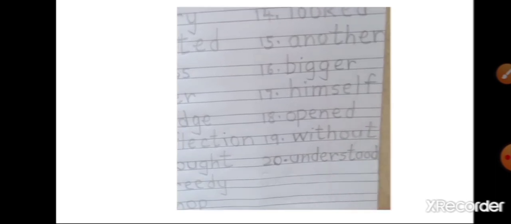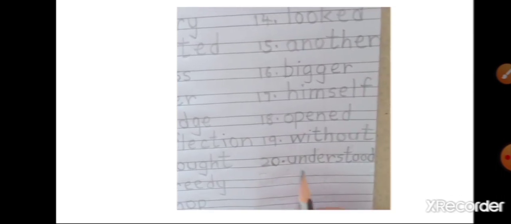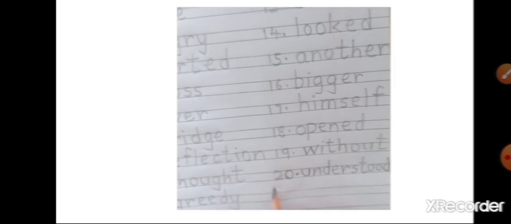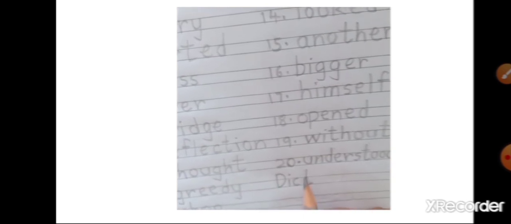U-N-D-E-R-S-T-O-O-D, understood. Then here you have to write dictation. D-I-C-T and dot. It means dictation on